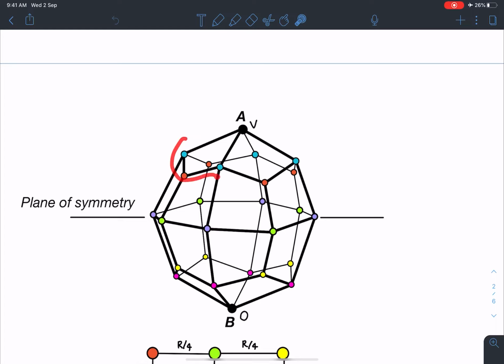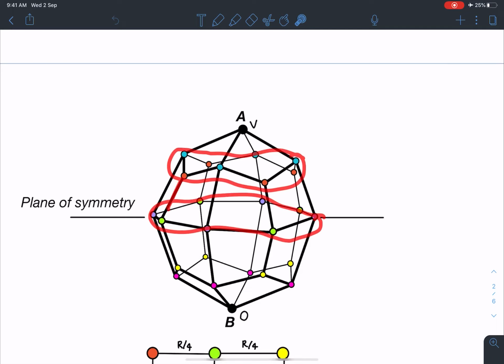So similar types of colors I will give at the other ends also, but they are at different potentials. So 3 junction points, 3 paths, I am giving yellow color here, as you can see, and the 4 junction points I am giving pink color. So they are equivalent to this cyan color and this orange color. And here also, if you look carefully, they are alternately placed: 1 yellow, 1 pink, 1 yellow, 1 pink, 1 yellow, 1 pink, and this is how these 8 resistances are present. So 8 here, 8 here, and 8 here as well.